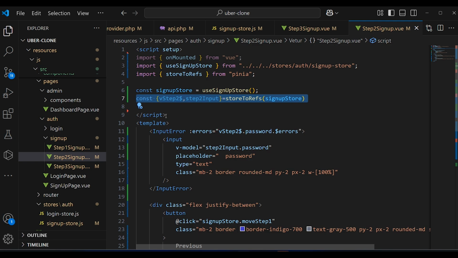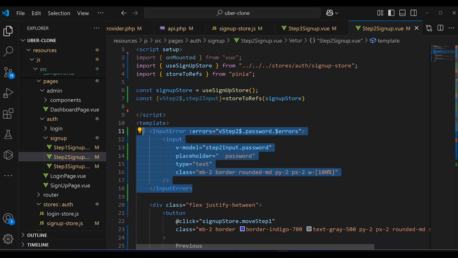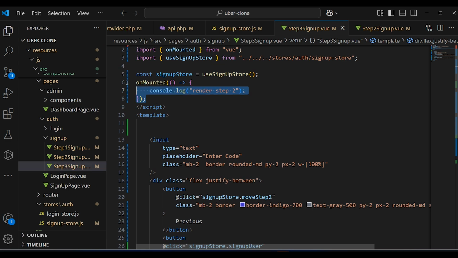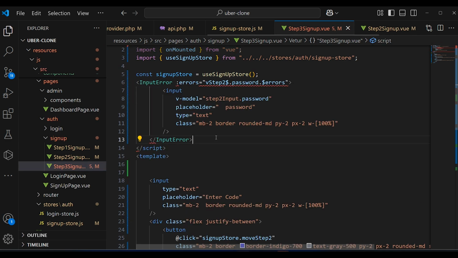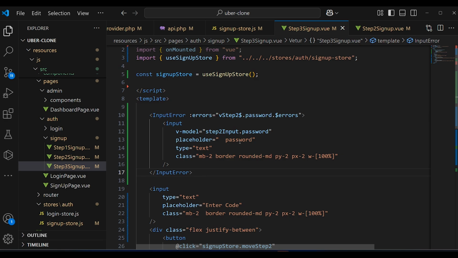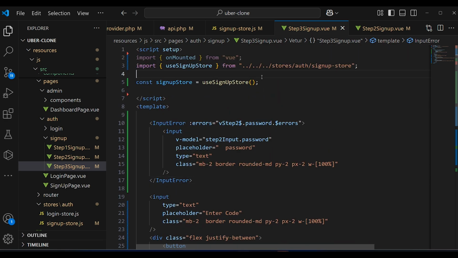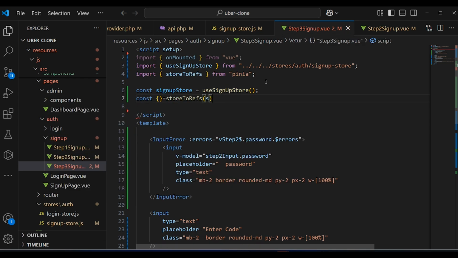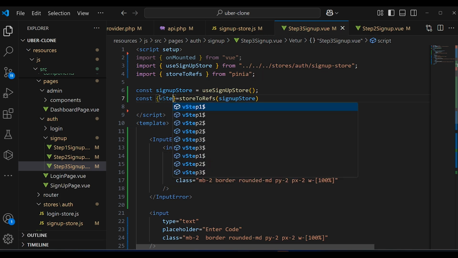I'm gonna copy first the input error, and then we're gonna pass it within the step 3. And then I'm gonna pass it here, guys. And then we are going to pass here the step 3. And now we are going to import the step 3 and pass here v, and pass here first the store to ref, and then we're gonna pass here sign up store, and here we're gonna pass here v step 3